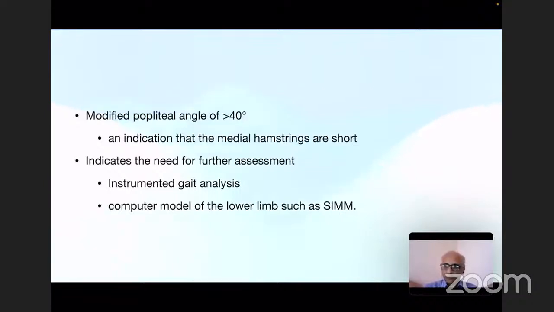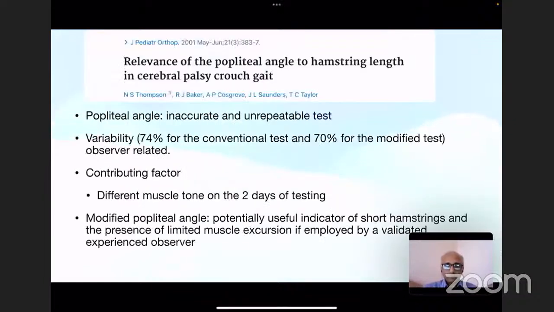The further assessment can be done with instrumented gait analysis or a computer model of the lower limb, such as SIMM. I do not have much of the details of SIMM available with me. This is a paper which gives good criticism of popliteal angle. It is one of the highly cited papers on popliteal angle, and it described that popliteal angle is an inaccurate and